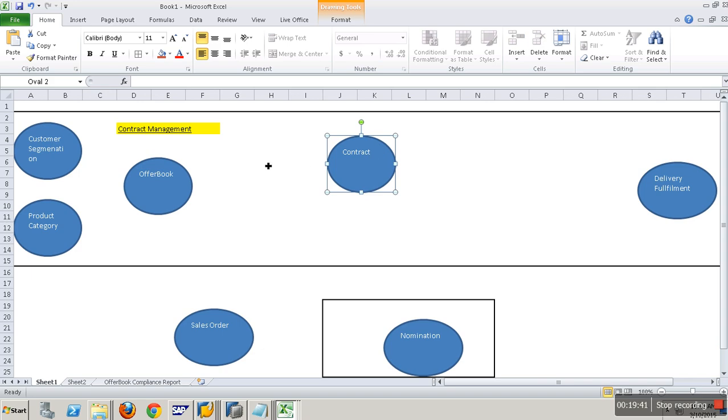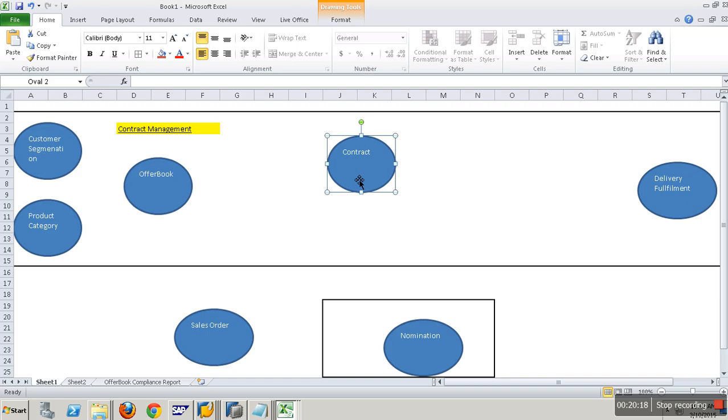In the offer book, based on the customer, you'll have customer type, product category, and then offer book elements. And the contract will have what? Contract number, customer, product, whether LTFL is accepted or LMC is accepted, what is the nomination volume, minimum, maximum, what is the nomination date. All those agreements will be there in the contract. Now you should pick the contract, find out the customer, from there find out the customer type, pick the product, find out the product type, then based on the customer type and product type, read the offer book elements and start in the offer book.